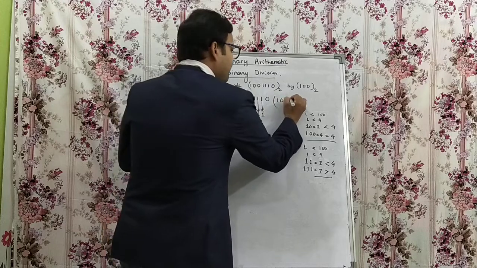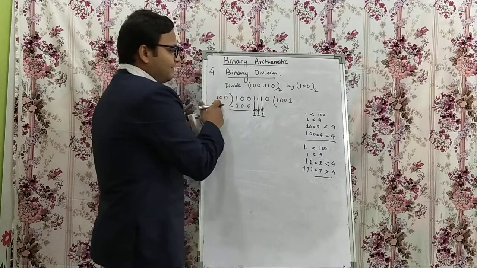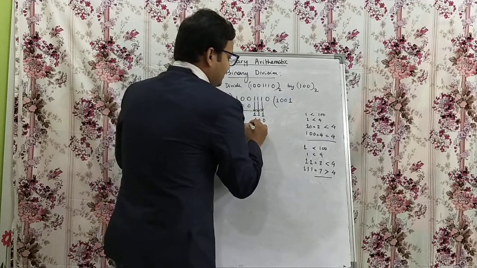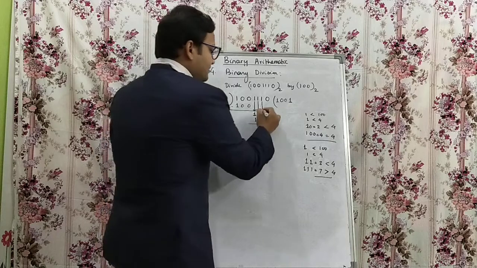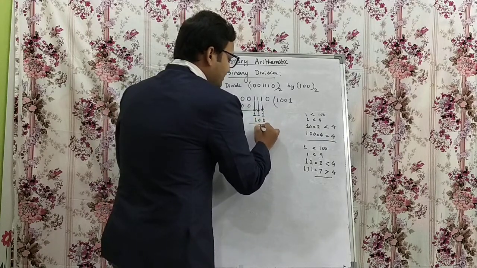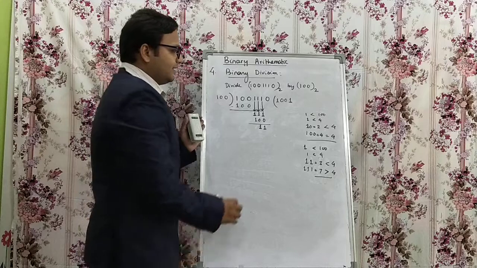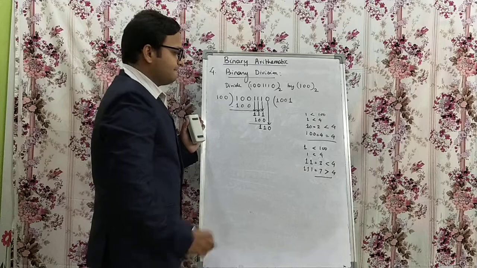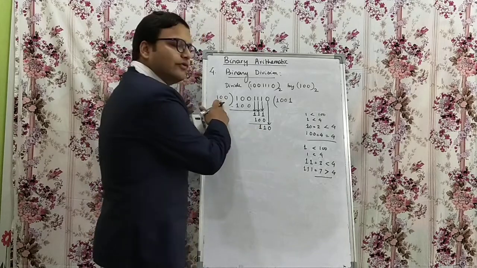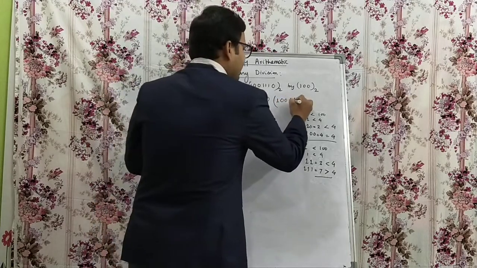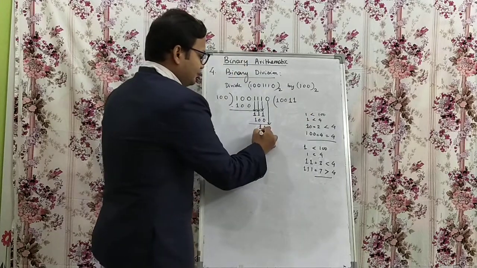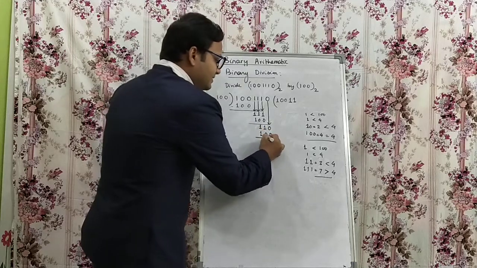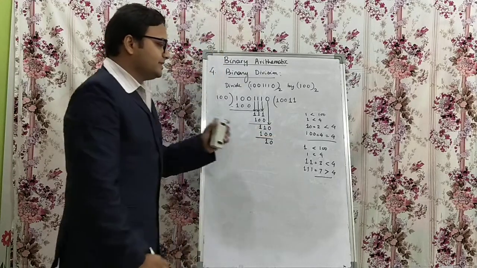So 1 0 0 perform the division. 7 minus 4. So ultimately 1. So this will again be 1 0 0. So again perform the subtraction. So this will be 1 minus 0 is 1, 1 minus 0 is 1, 1 minus 1 is 0. Then what you need to do? You have to drop down 1 0. Okay? Then this is 6 with 4. It is greater. So you can perform the division. So this is 1 0 0. So this is 0 minus 0 is 0, 1 minus 0 is 1. So this is 1 0.